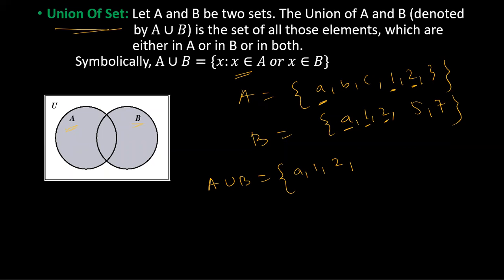And the remaining elements, all the remaining elements: B, C, 2, 3. B, C, and 3. 2 we have already taken, so we cannot take it again. And in the second set, 5 and 7. So this is union. In the Venn diagram,